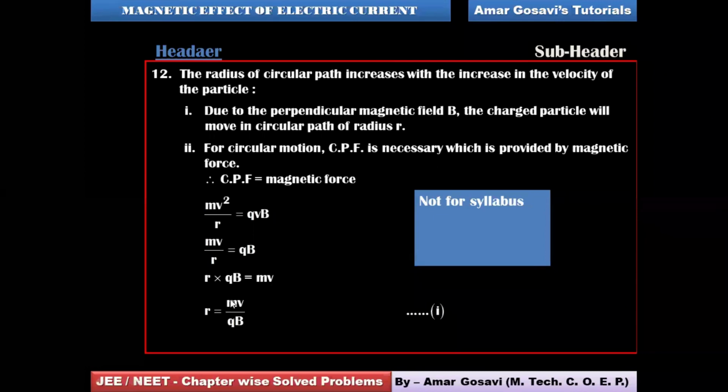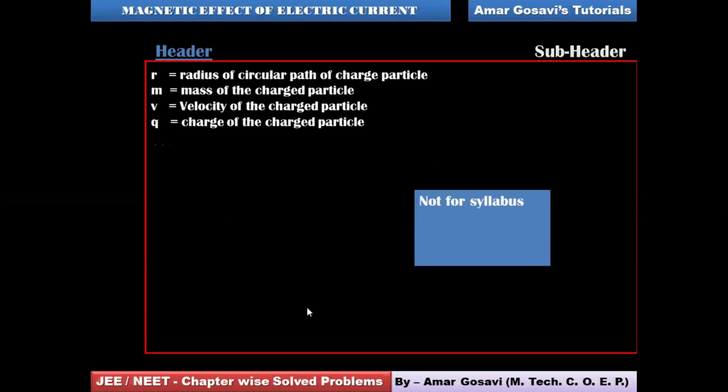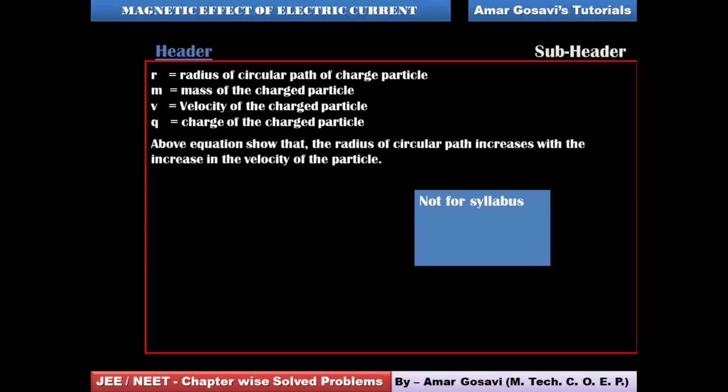So this is the first step, where we have established the equation for the radius of the circular path, the semicircular path you can see. You know what r, m, v and q stand for. In this equation you can also see the radius will increase with the velocity. Velocity increases, the radius increases. Or in other words, you can understand it this way: the radius increasing is an indication that the velocity increases. So velocity increases means it will experience some acceleration.